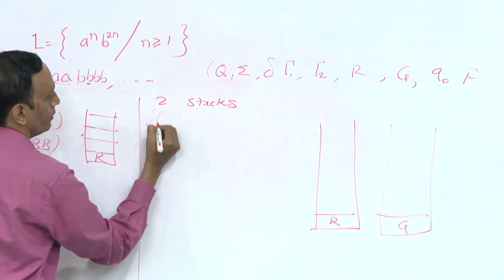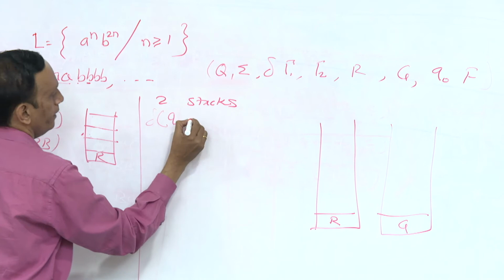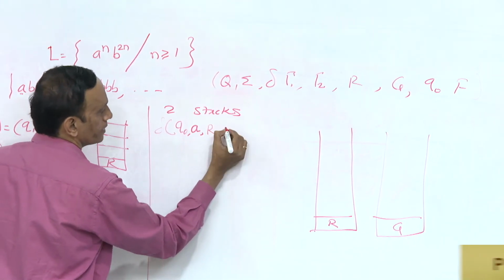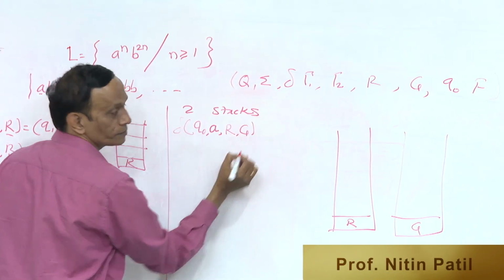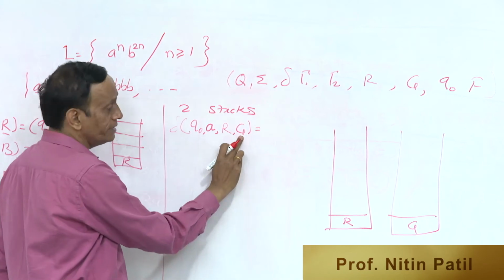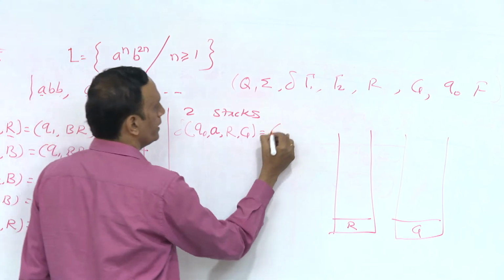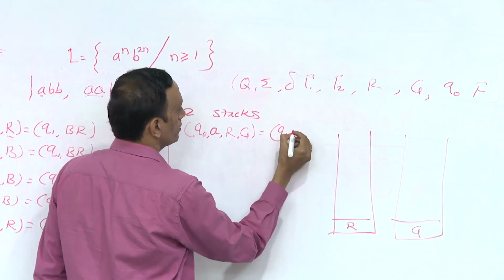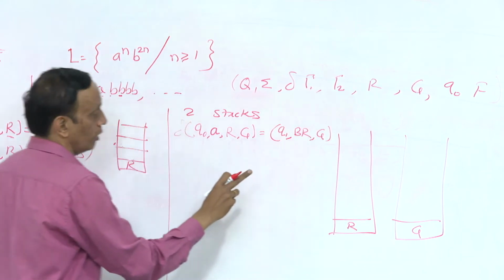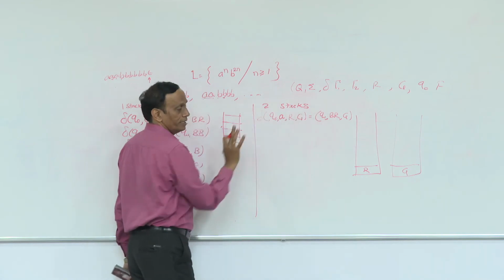Initially we have delta Q0. We know that we should always get A, so we got A. In the first stack we have R, in the second stack we have G. I will not make any change to the second stack, but I will push a blue plate onto the first. So I would be getting Q1, BR and then G. Here I kept G as it is, so I haven't made any change to the stack.